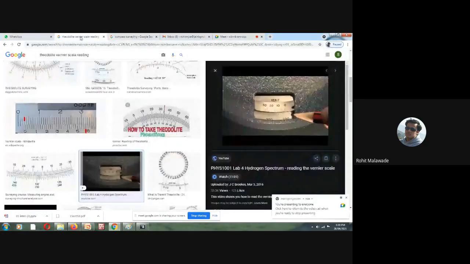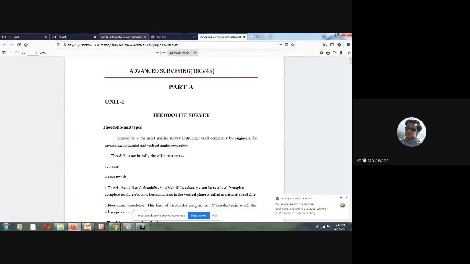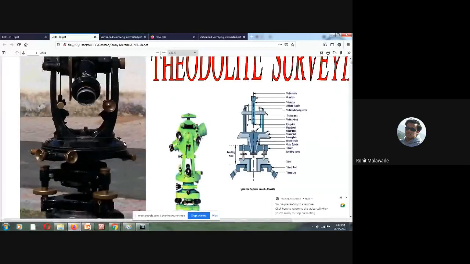See, this is present on a horizontal plate. This is the zoomed version of your theodolite. We call this the horizontal plate. This is the lower plate, this is the upper plate. Again, we will discuss all those things in detail later, but as of now you should know the different parts of it. So keep in mind this is your horizontal plate, on which I measure the angle between two points.